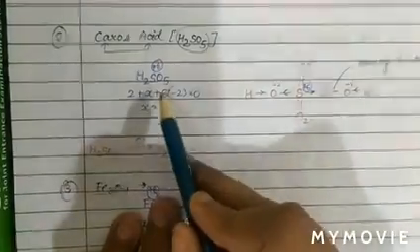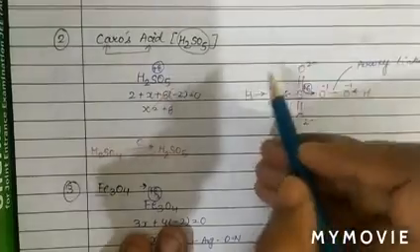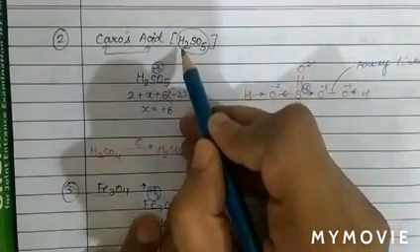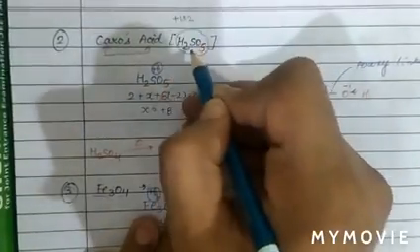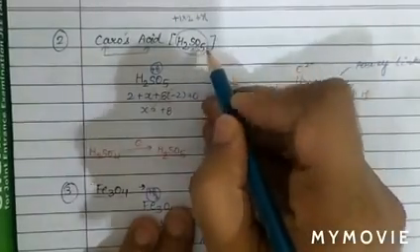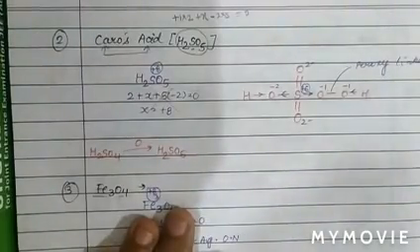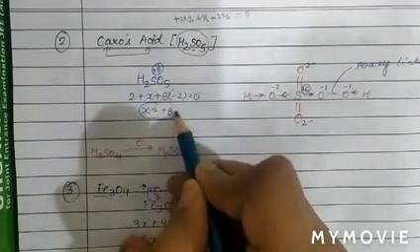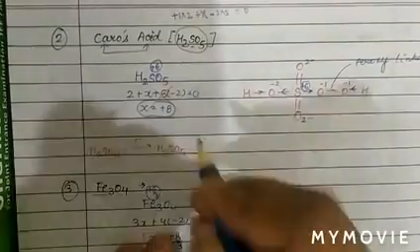See, in this case, when we directly solve the oxidation number, hydrogen +1 into 2, let the oxidation state of sulfur be X, and oxygen if we take in the form of oxide, -2 into 5, equal to 0. So when we directly solve, the value of the oxidation state will come equal to +8, which is wrong,